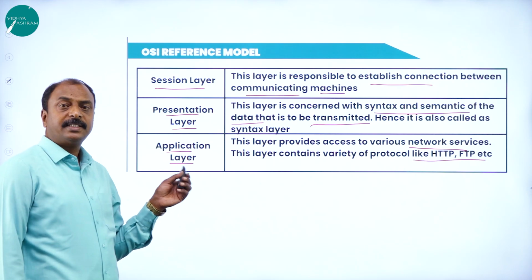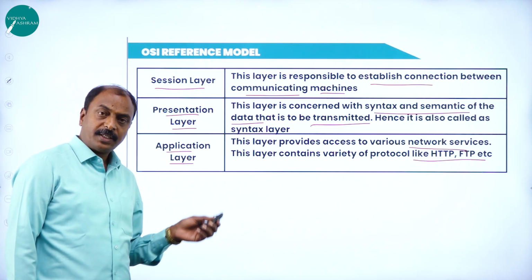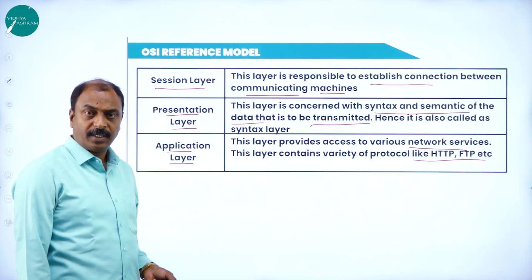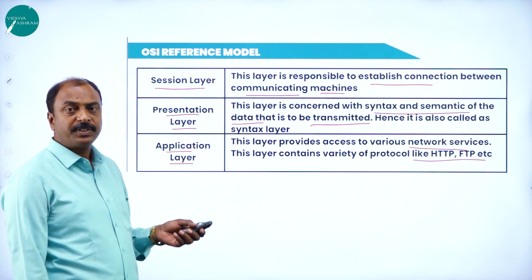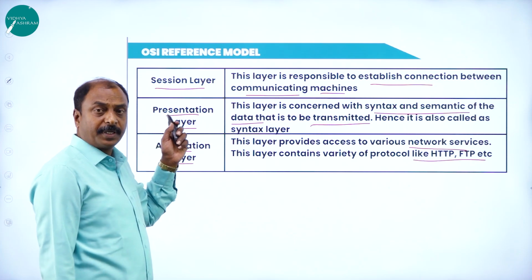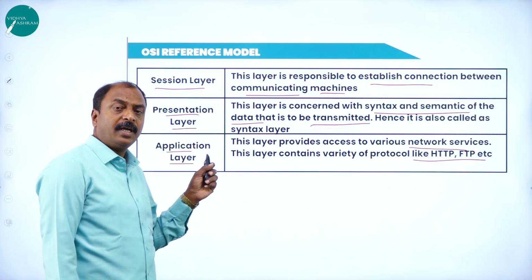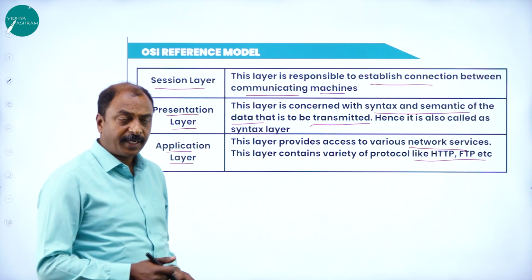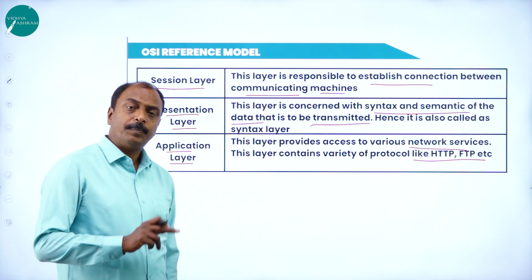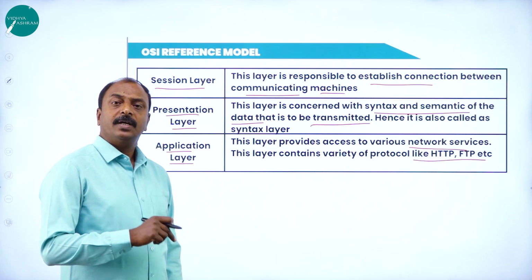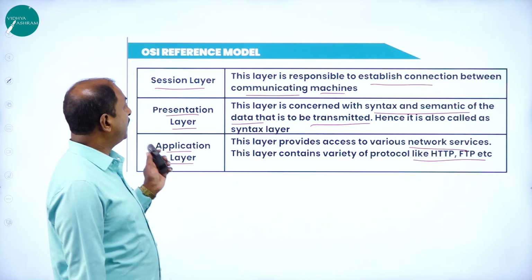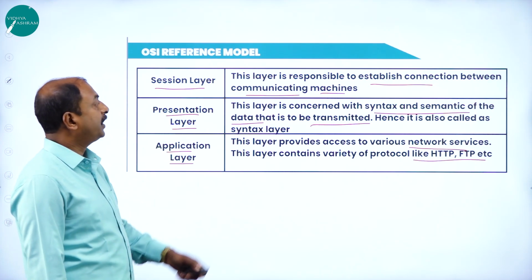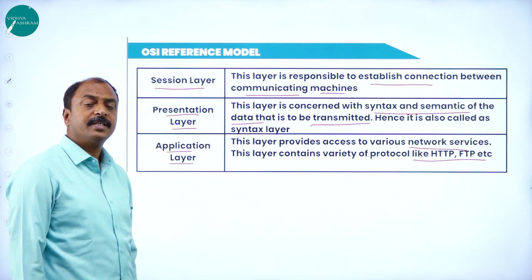So here, as I told you in the beginning, the data from the host is going to travel from the physical layer up to the application layer, from the host level at the destination, host B, or the receiver end. The data moves from the application layer to the physical layer. That is how the data transmits in a network. So this is the OSI reference model, the 7-layer model.